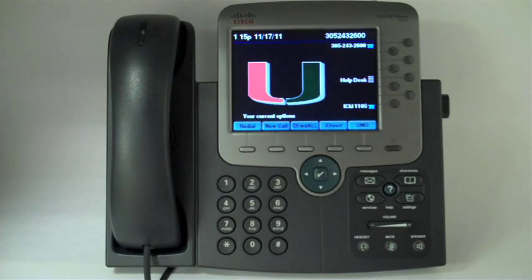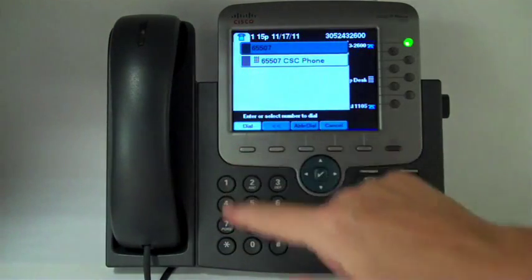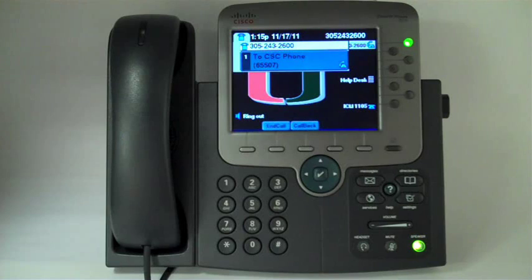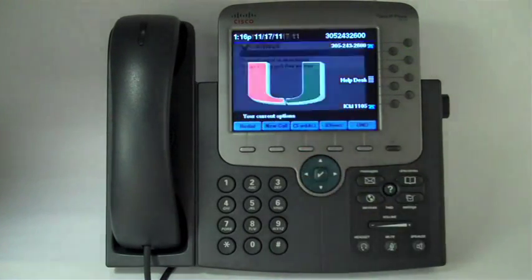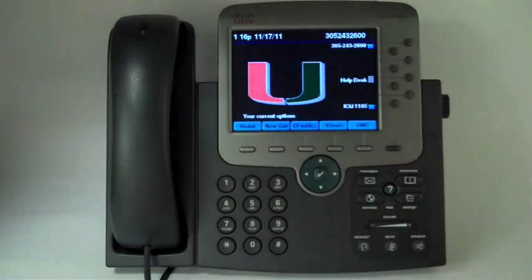So this one's kind of easier to show you. And so let me go ahead and demonstrate. Keep in mind this is a Cisco feature, so the person you're trying to reach must also have a Cisco voice over IP phone. So I'm going to dial the number. Dial. And the person's not there again. I've been trying to reach them, so what I'll do is hit callback. The display is telling me that callback is now activated for that particular number, and you can only do one number at a time. And we're all set, so we'll just exit the screen and just wait to see if